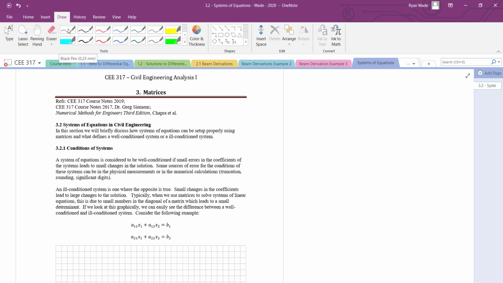When we're talking about the condition of a system, it's either well-conditioned or ill-conditioned. Why that matters is that if we set up a well-conditioned system, then any small changes to the system won't make large changes to the output. When we have an ill-conditioned system, the opposite is true: small changes to the system make large changes to the output, and that can be problematic,